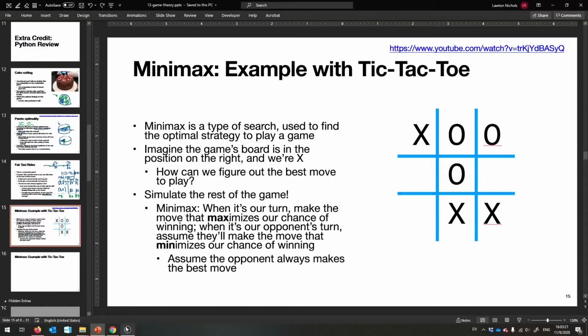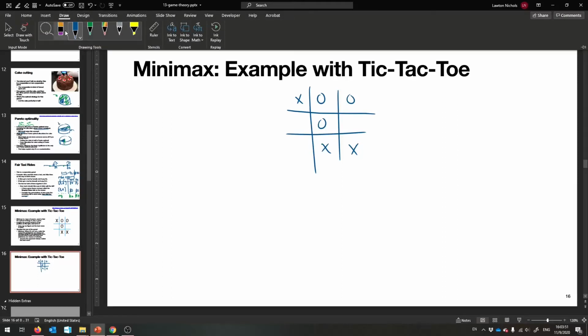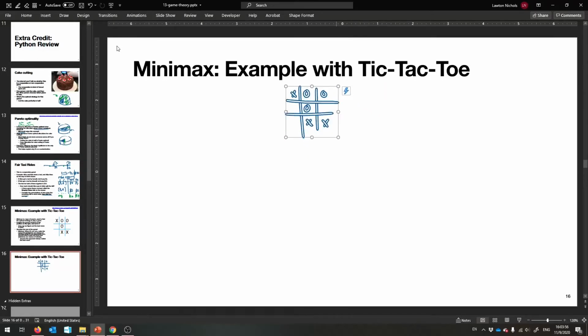Okay, so let us simulate the rest of the game now. So let's take our game board. It's XOO. I can kind of see it, so this is perfect. So here's our game board way up here. I'm going to try and draw it small. XOO blank O blank blank X X. And here is what's about to happen. So I'm going to make some moves. So this is still way too big probably. So let me prepare to draw way too many game boards. There we go. Let's move this up as well.